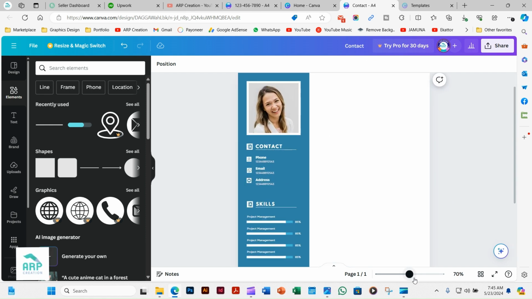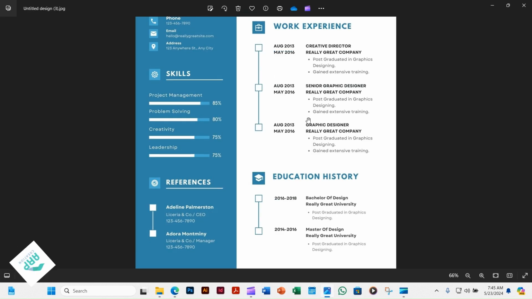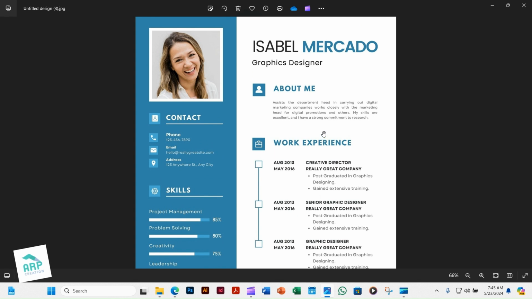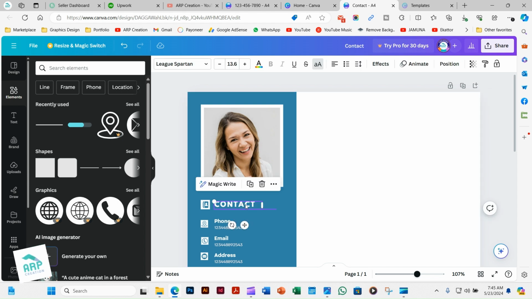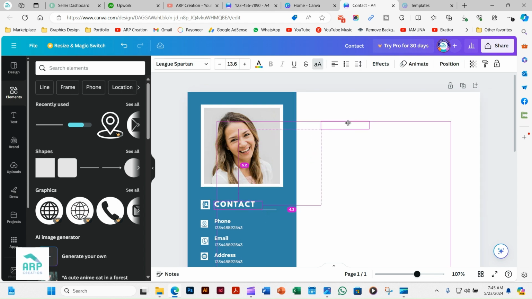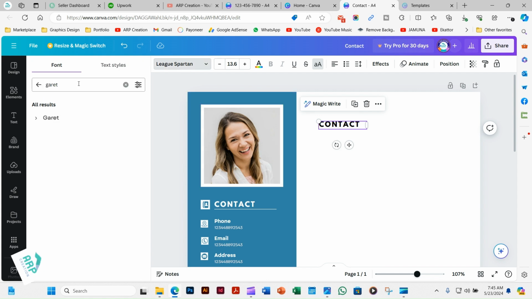Now we'll go to the right side of the resume. So we will add name of this person and the title. So select this layer and press Alt from the keyboard and change the font color to black and change the font to Poppins Light